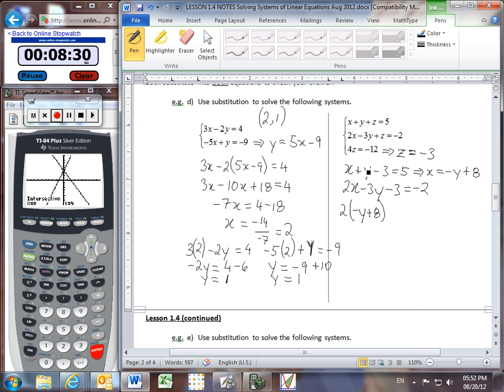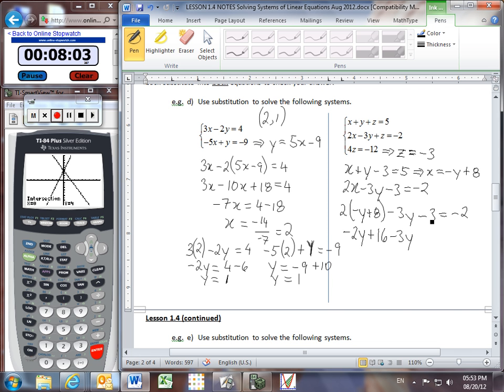The substitution method only works if after you've isolated a variable, you substitute that expression into the other of the equations. So 2 times our x expression, as we replace the x with the thing it's equal to, minus 3y minus 3 is equal to negative 2, and I'll try to solve for my remaining variable of y. The 2 distributes,